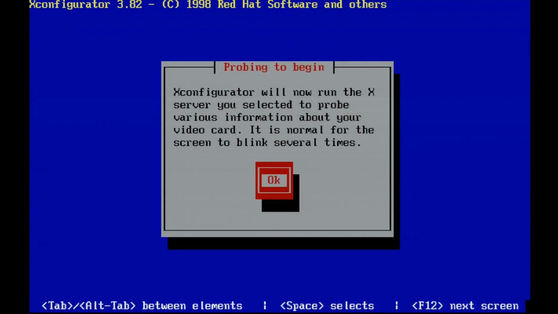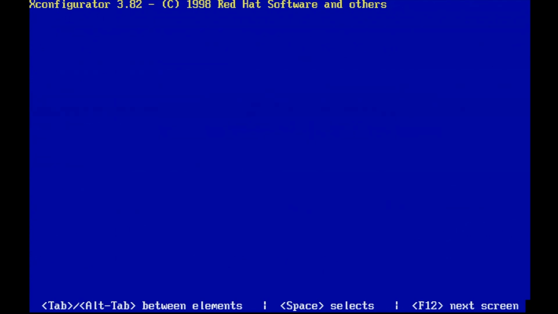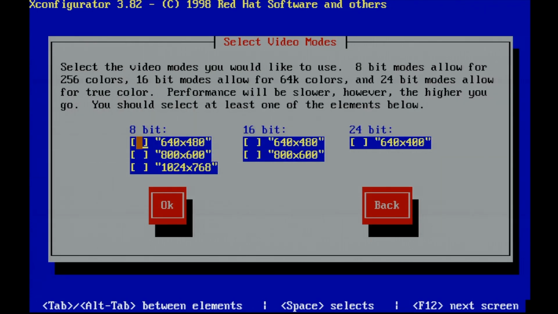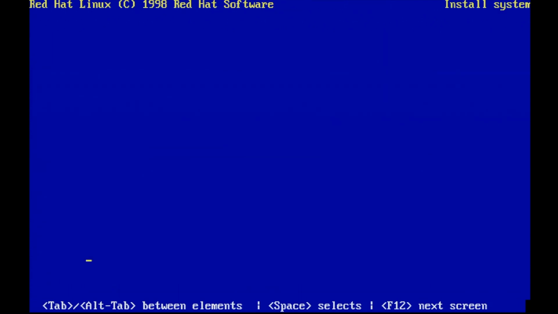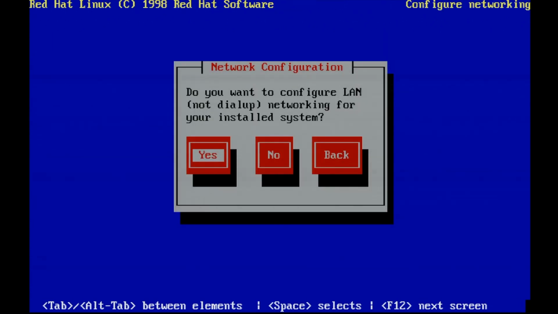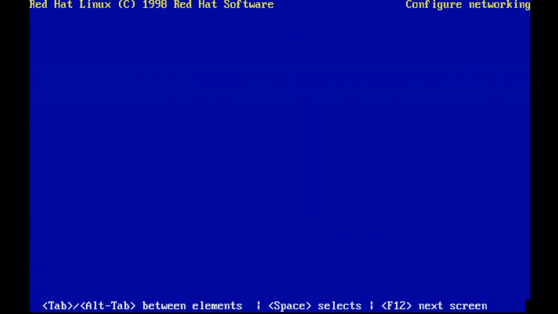But in my case, it wasn't able to probe the video card, so I had to do it manually. So here I'm specifying 1 megabyte of memory, and I am also going to be selecting the video modes that I want to support. We're also going to be configuring our network, so not the modem, but the networking card